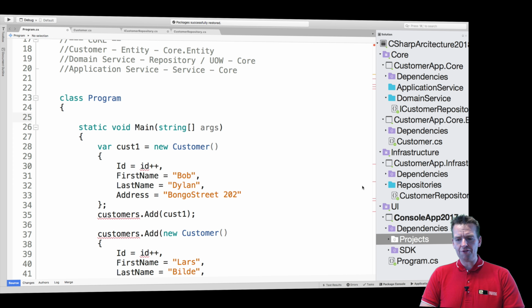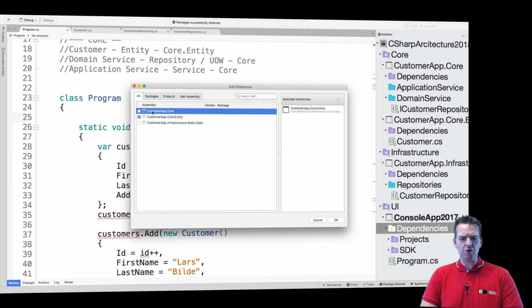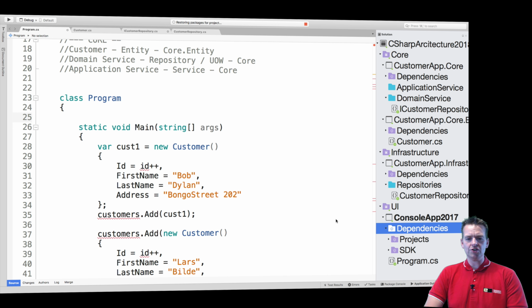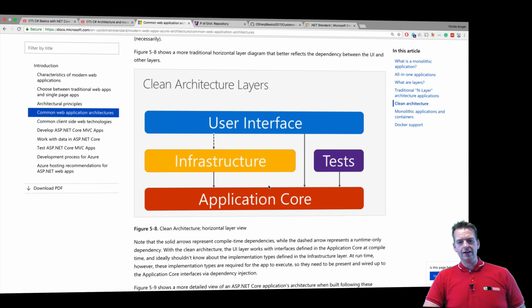How do we do that? Well, first of all, we need dependencies. We need to know about these projects. So we need to know both about the core project to start using the interface here, and we need to know about the customer static data to know about the repository implementation down here. So I'll just add those two. And as again, you'll notice that that means that now we have access to this guy, the core, and the UI also have access to this guy, which is kind of not the perfect scenario,